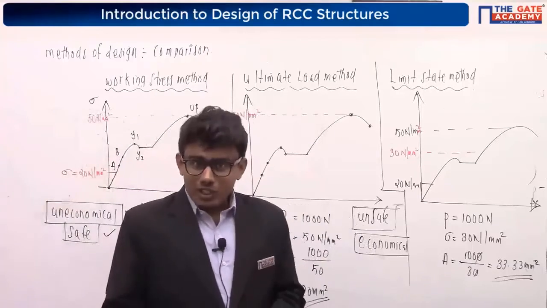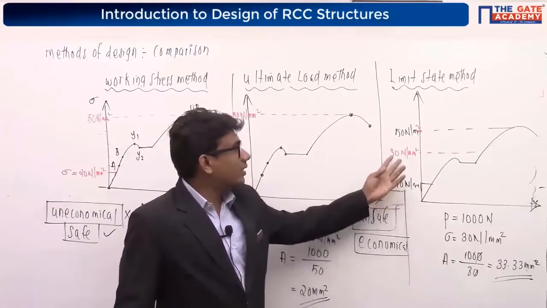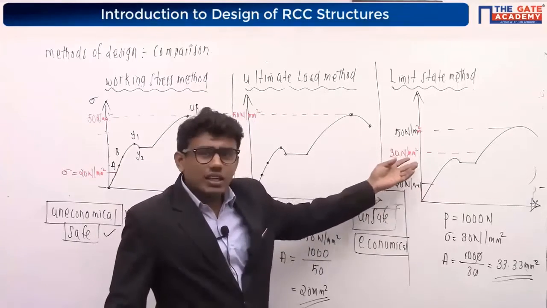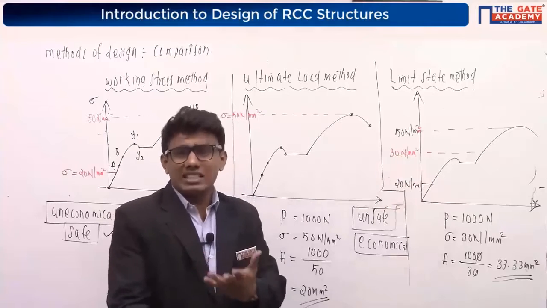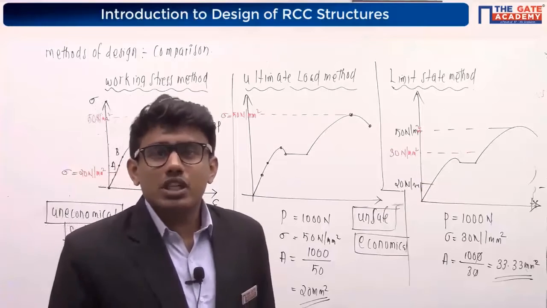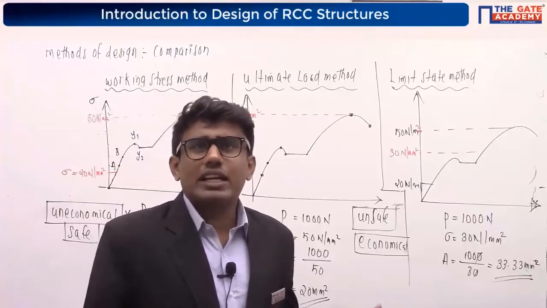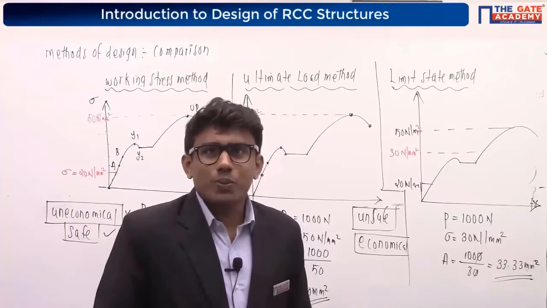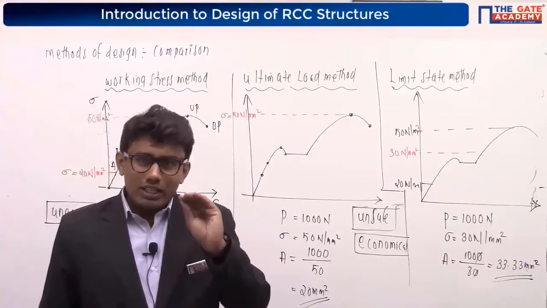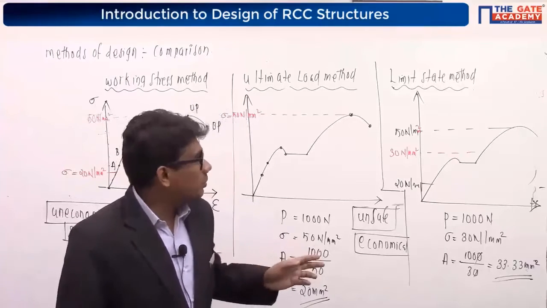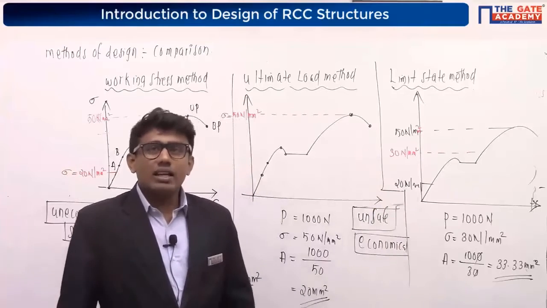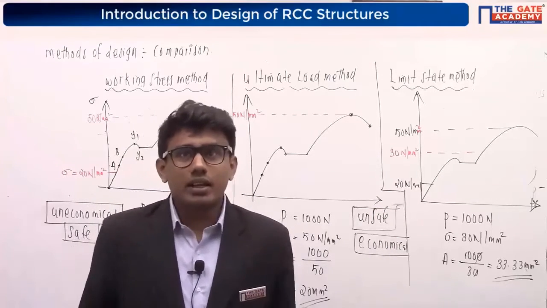See, don't think much about this. Even this 20, 30, 50, I have taken as random values. 30 is actually lying between 20 and 50. I have taken one value, that's it, just to explain what is the limit state method. Just to explain that the member which I will be getting by using the limit state method is safe and economical. That's the reason why I have taken 30. You can take 40 also, no issues. I'll discuss all those things. We are going to that. I wanted to make you understand that the structure which I will be getting by using the limit state method is safe and economical. That's what I want to say. We are moving further.